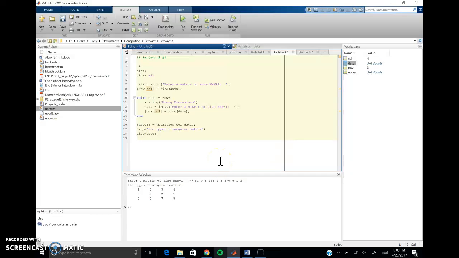Alright, welcome to part 3 of solving the system of equations through first sending it to an upper triangular form and then solving using back substitution. Now we need to create a user-defined function that accepts a matrix in upper triangular form and uses back substitution and outputs back a solved system of equations. So let's create a new